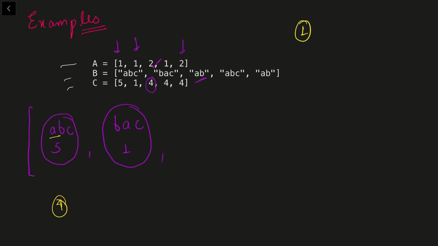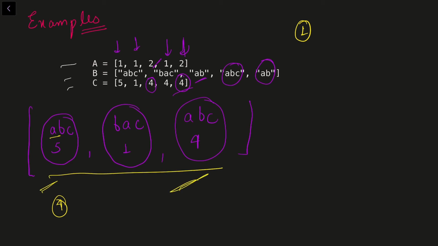Okay. After that, let's move on to the fourth query. The fourth query is again an insertion query and we have the string ABC. So we need to insert ABC with key 4. Okay. After that, the fifth query is of type 2 and the string is AB and key is 4. So we need to search for all the strings which have prefix AB and key greater than or equal to 4. So we can see that out of all these three strings, we have these two strings which satisfy all these conditions. The prefix is AB and the keys are greater than or equal to 4. So that's why the answer for the last query will be 2. So we need to return a vector which consists of 1, 2. So that is the answer for this case.